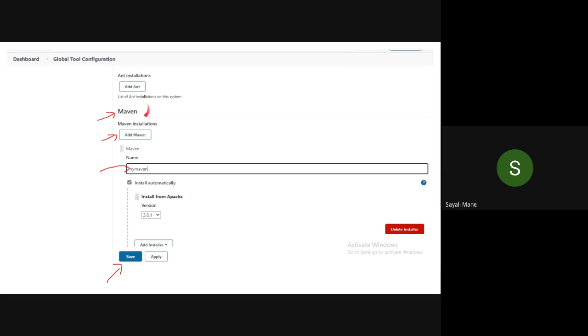You will see Maven is also there. They will ask for the Maven installation. Since we have not installed Maven, what we have to do is, in Maven, click on Add Maven. Done?